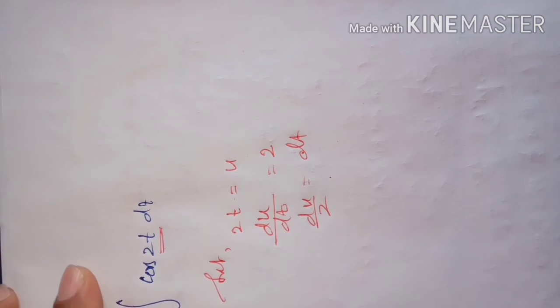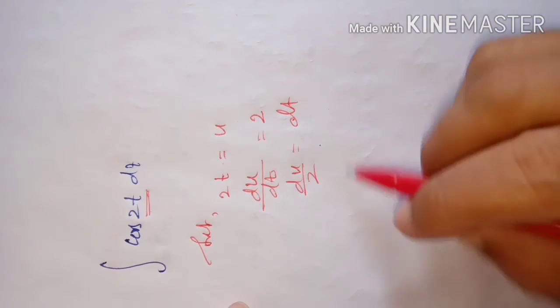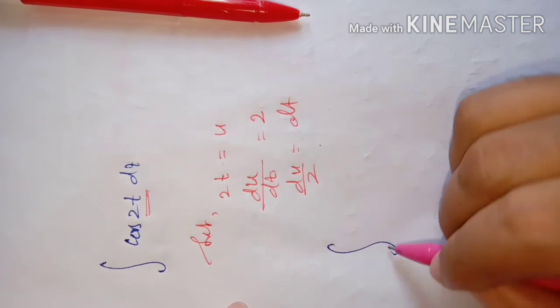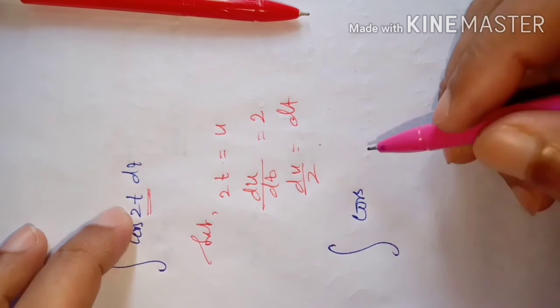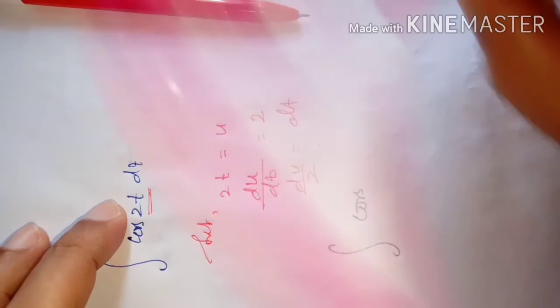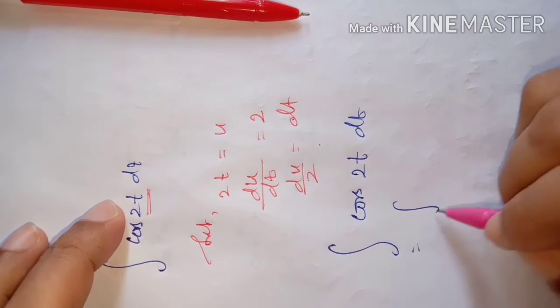So that means to replace dt, we have to write du by 2. Then this whole problem will look like this now. Integration of cos twice t is given, so it will be cos u now. Let us write twice t, later on we will write dt. This is the original problem. So now it will be integration of